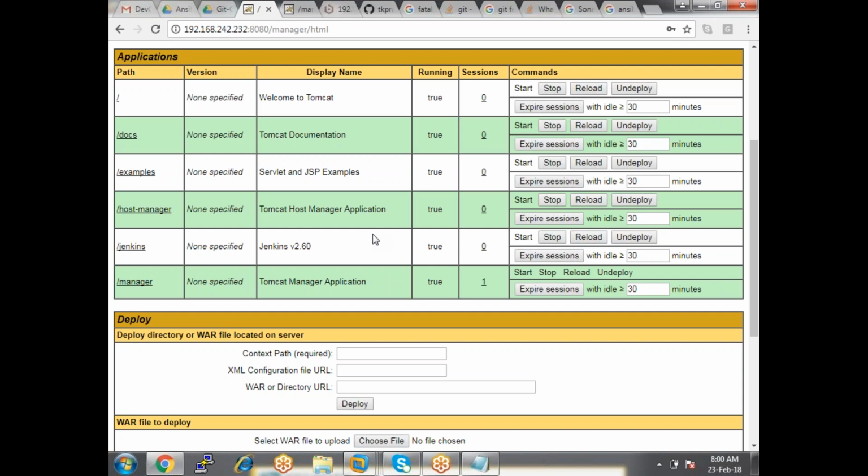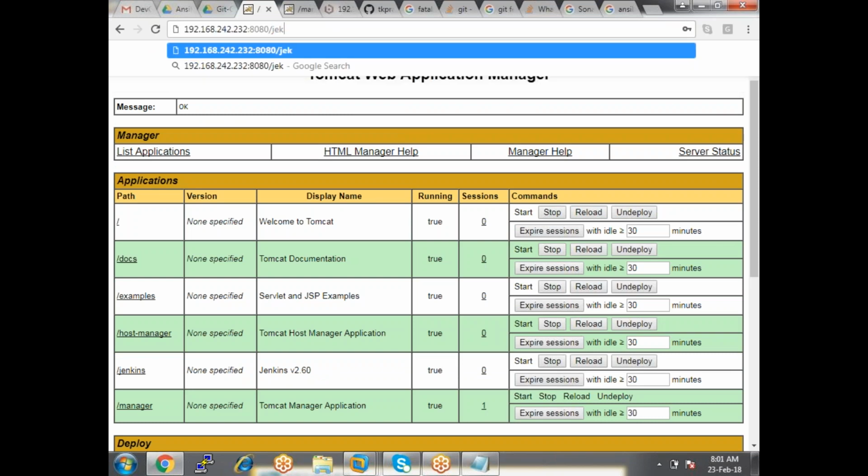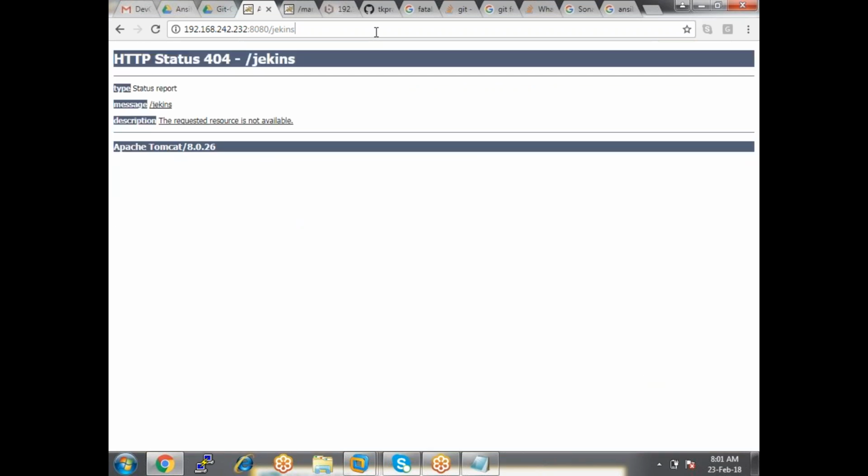For example, if I provide a URL like this, whoever has this URL can start accessing this application, right? But that should not happen. So we need to restrict it so that only some set of people can access this application.